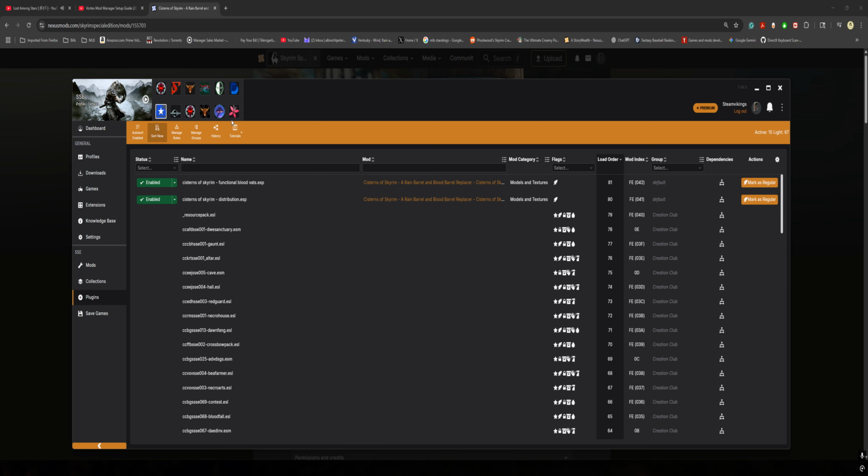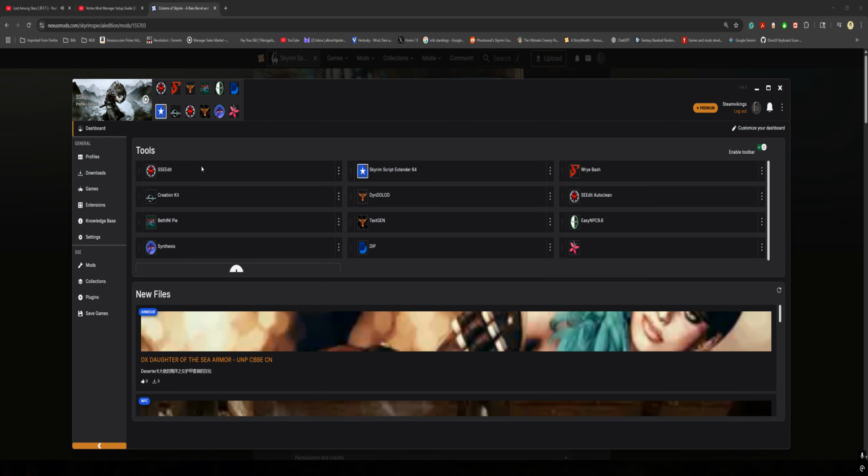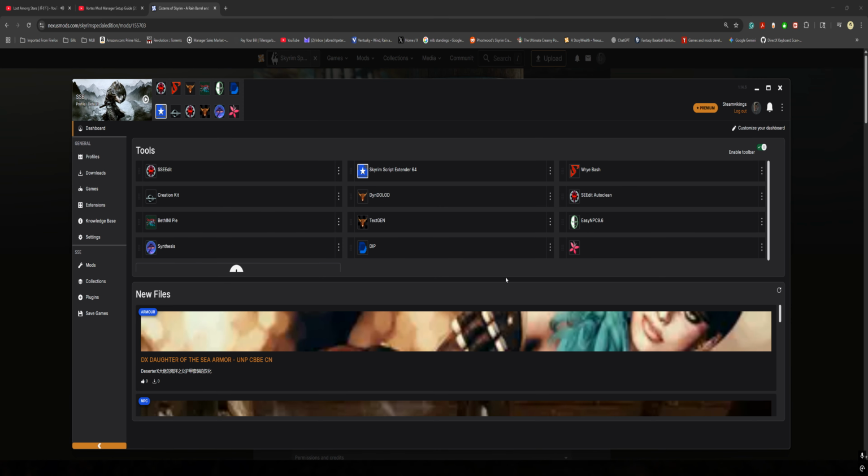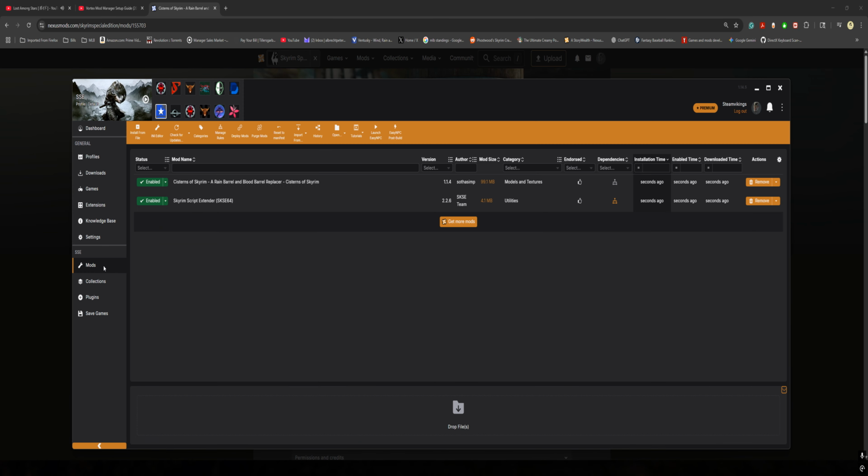That's really all I can think of. All these up here are tools. When a mod requires a tool like a framework for animation, you install it, in my opinion, in a secondary folder, which is why I have a folder full of tools. And usually you'll find directions for filling out things like the command lines, the starts in, etc., etc. That's nothing you want to guess at. You want to ask questions or follow directions that you're given. All right. I hope this